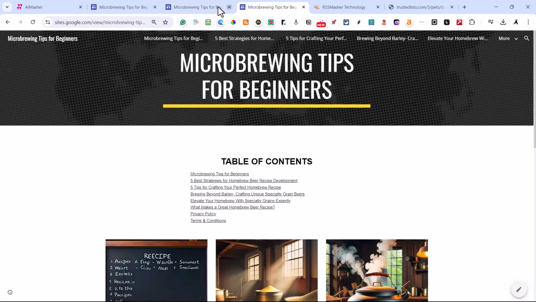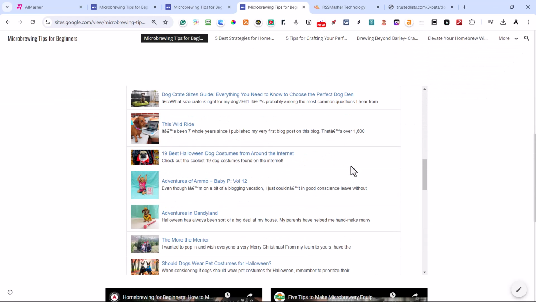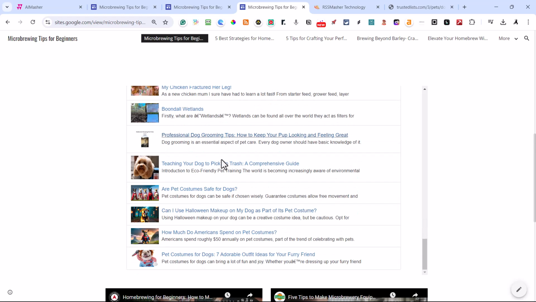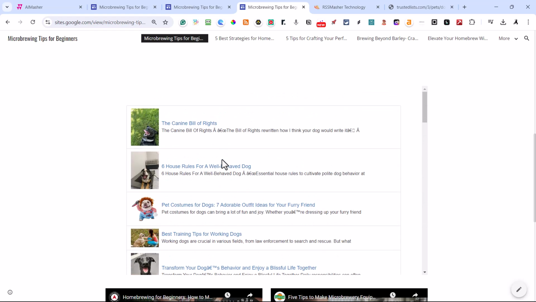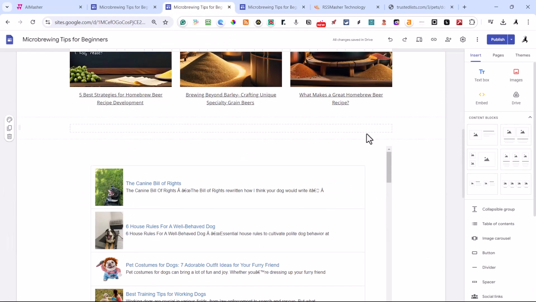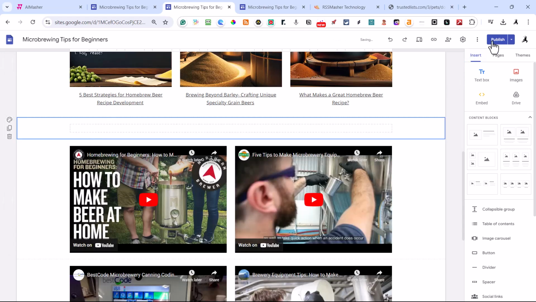And let's come over here. Click the refresh a couple times. And there's that iframe. Now we have different styling formats with the local, but some of these are my pages and some of them are high authority sites. Okay. Now, if you want to remove anything, like I don't want that iframe in there, so I'm going to highlight it and just click delete and hit publish again to remove it.